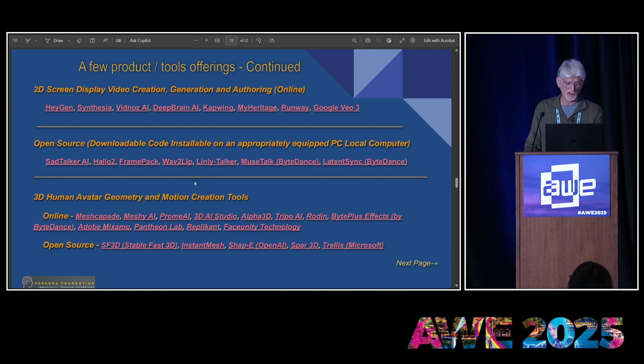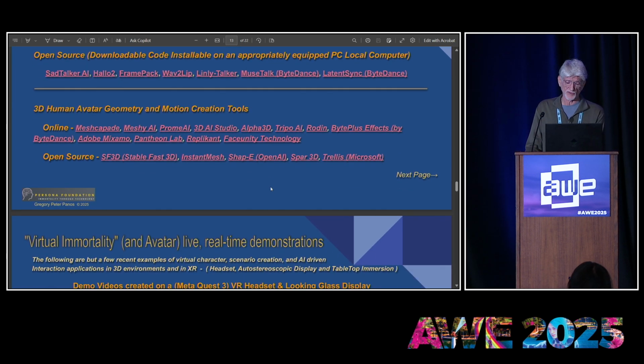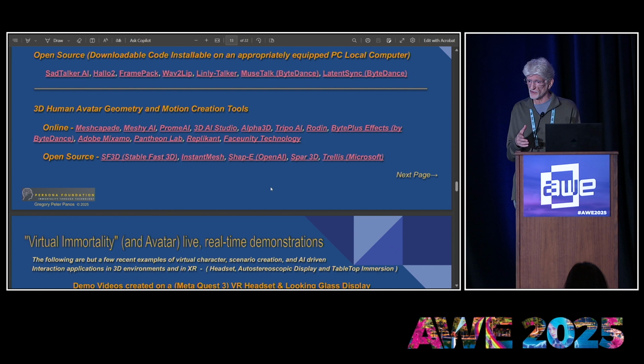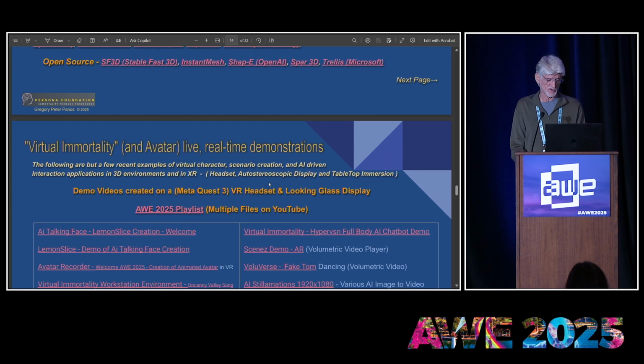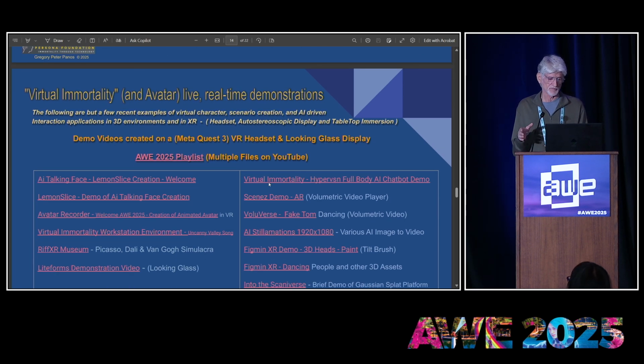And then human avatar geometry and motion creation tools are things that I'm really paying a lot of attention to right now, like Meshcapade and Meshy AI, where you can feed it photos and video and it will create 3D models for you and do a lot of that modeling in advance. And then you can import those into other platforms to view them or rig them up with bones and facial structures and animate them as well. It's a little bit more complicated. It's stuff that is the MetaHumans from Unreal is real sort of high-end, state-of-the-art of tools that people are using to do that.